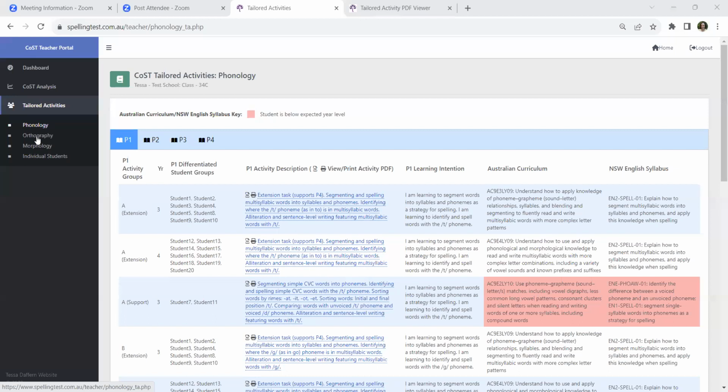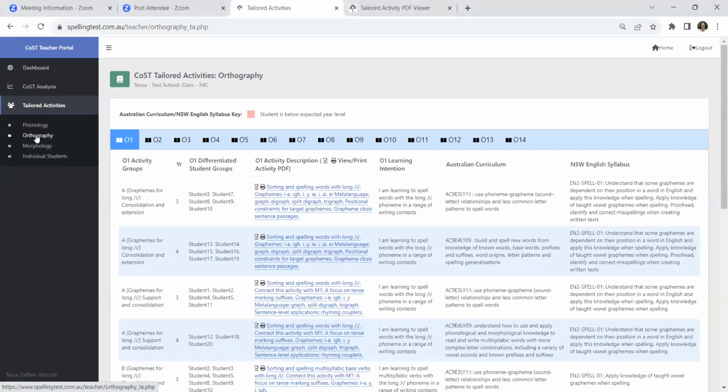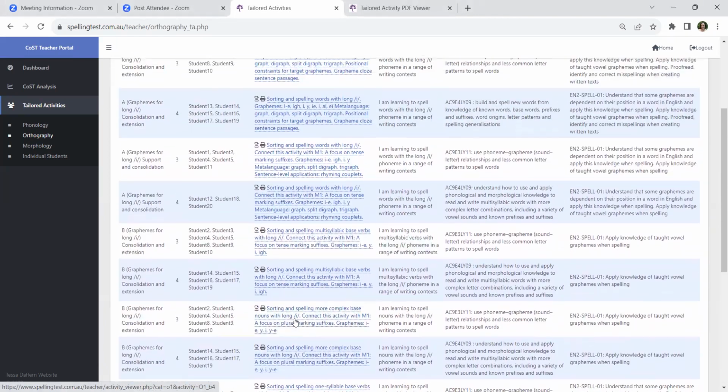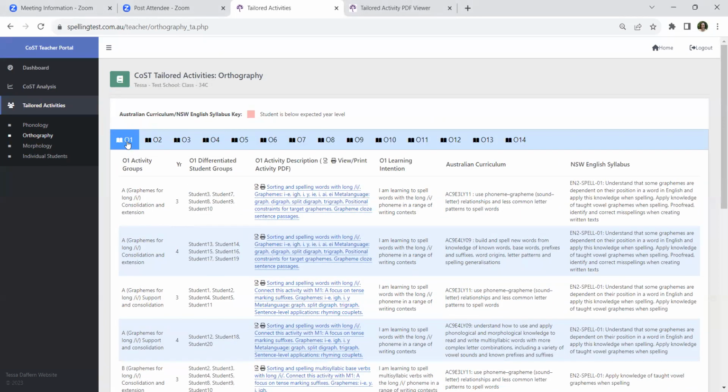And so for example, if I go here and click where it says orthography, you'll see in orthography, there are 14 categories. Most of these relate to the graphemes for different vowel phonemes. Not all of them, but most of them do. So, you can click here on each of these and you can see the extent of all the different activities that are available. So for example, O1 relates to words that have the long I phoneme and the different